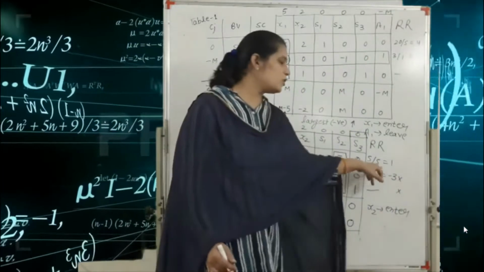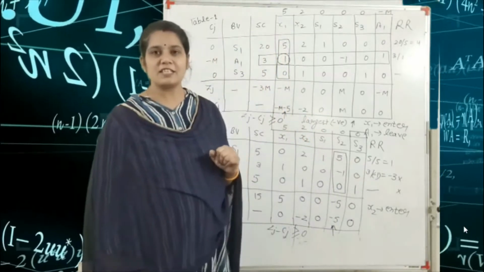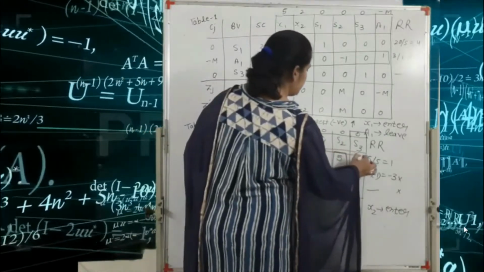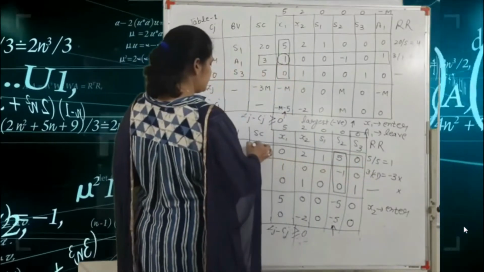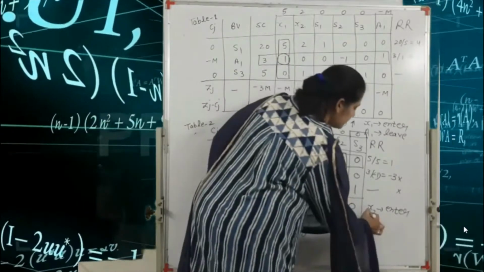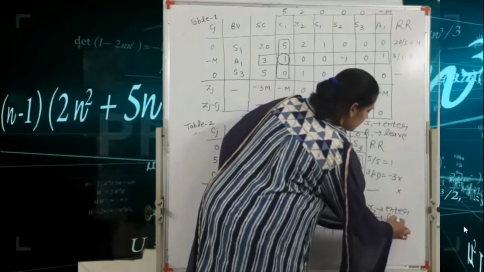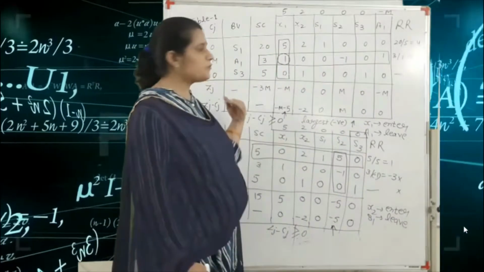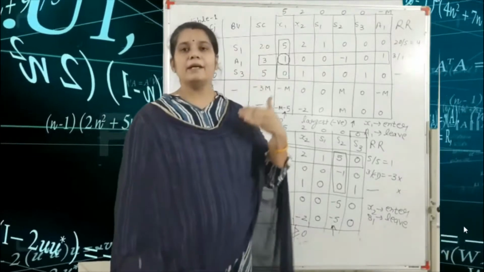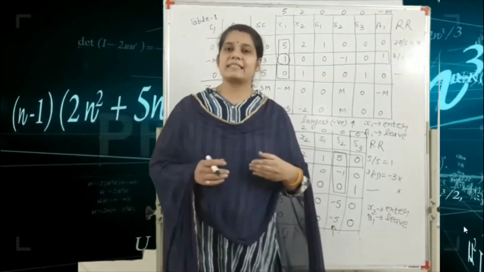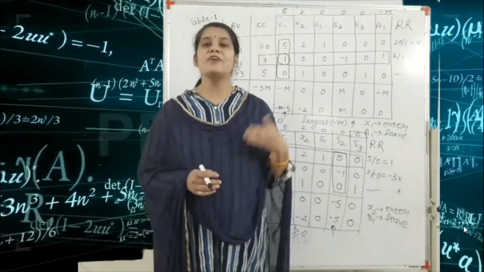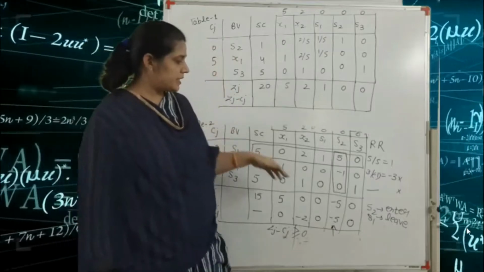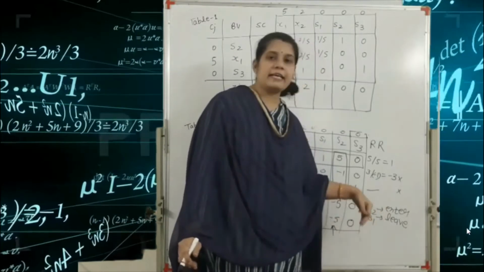So here the minimum positive value, only one positive value is here. So we consider only the new variable, s1 is a new variable. Okay, so we write here s1 is a new variable. According to this, we make table number 3 for finding the maximized z with the help of BCAM. According to table 2, we make table number 3. So the s2 variable enters and the s1 variable leaves.